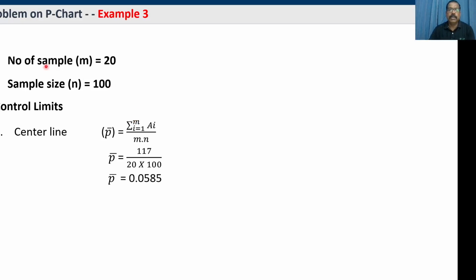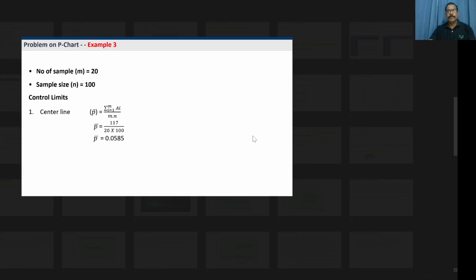Once you have the number of samples, 20, and the sample size, 100: the number of samples m is the subgroup size, and the sample size is small n, 100. Then what is your